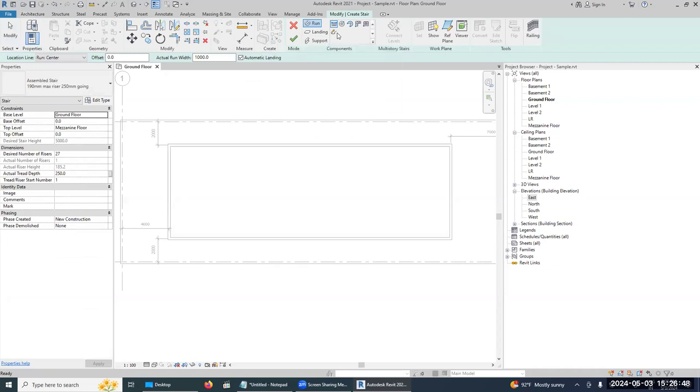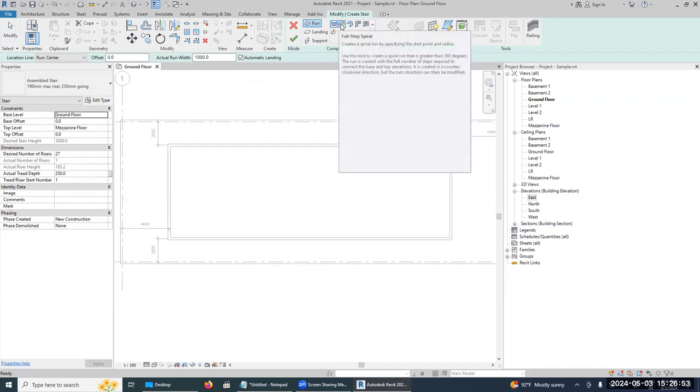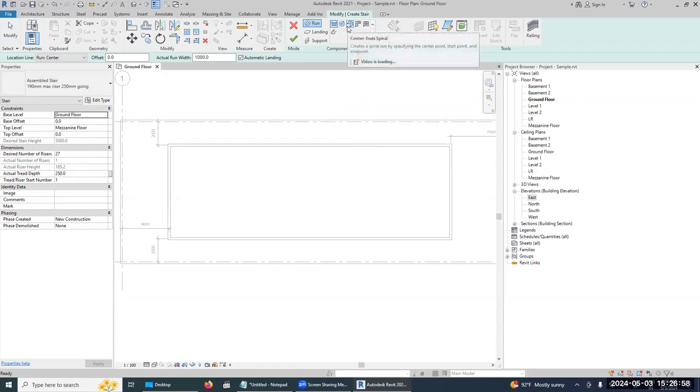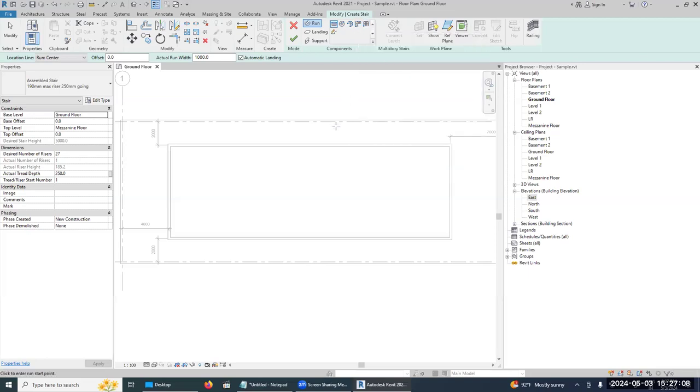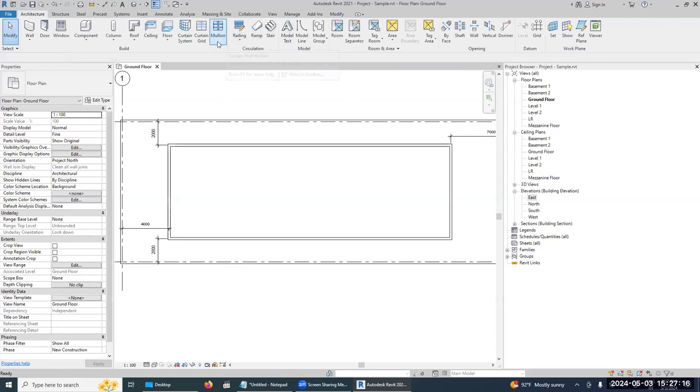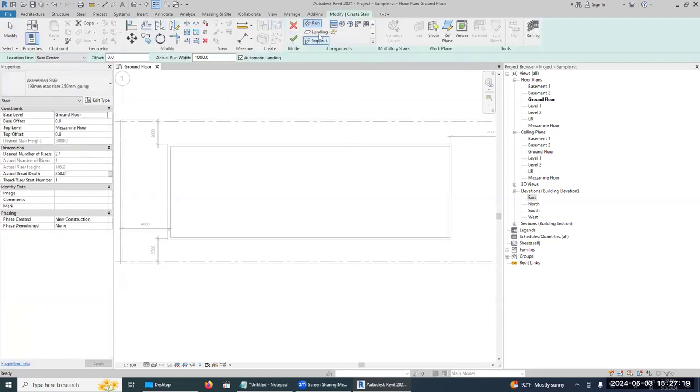And we have a different type of staircase: straight, or full step spiral, or a center in the spiral, or you have an L-shape winder, and you have a U-shape winder. There are several types, or you can even use your own staircases. So let me go back to the staircase. Using the straight staircase, I'm going to start from the ground floor